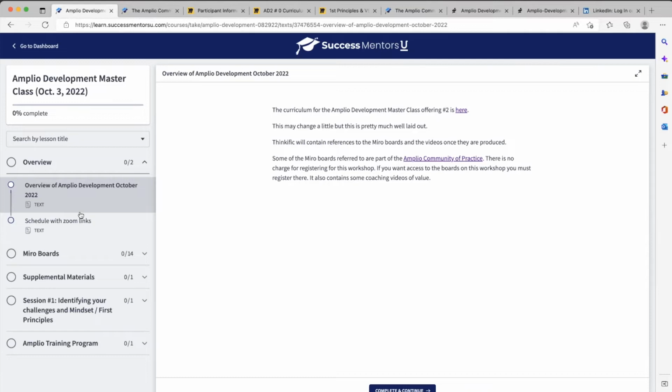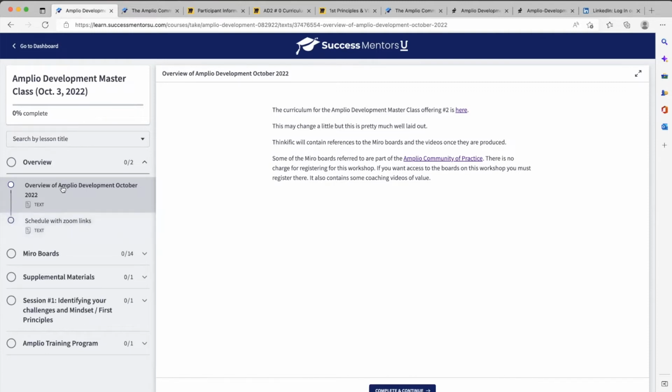However, we are in the process of converting a lot of boards that have been put out there by other people, just like after action review, the pre-mortem, and we just made boards out of other people's ideas. So we distribute those through Creative Commons, and we distribute those through the Amplio community of practice. So you have to join, and you'll get an email from me about every other week because of that, but you don't have to attend the sessions to get the boards. It'll just tell you when you have one. So that's what that is.